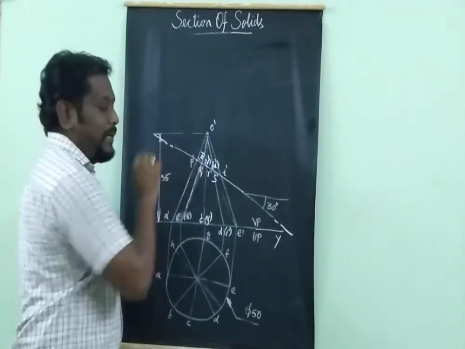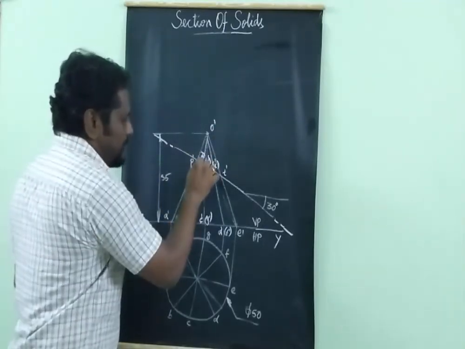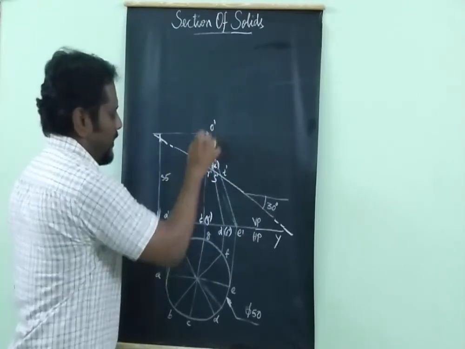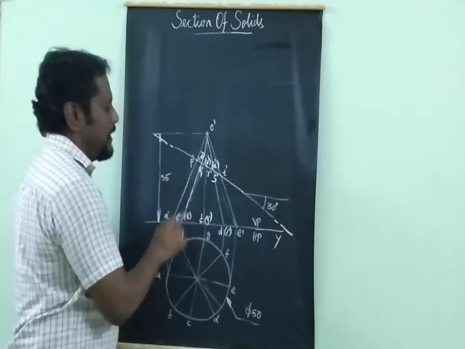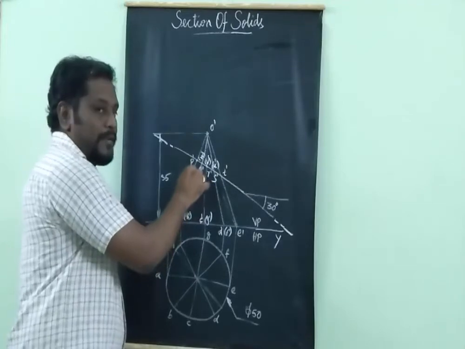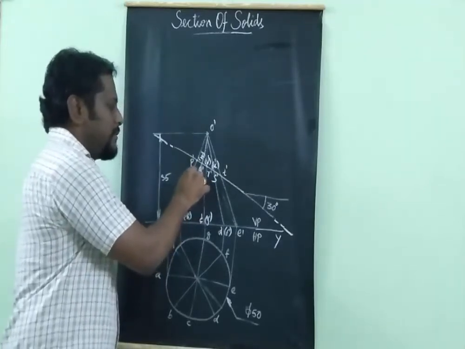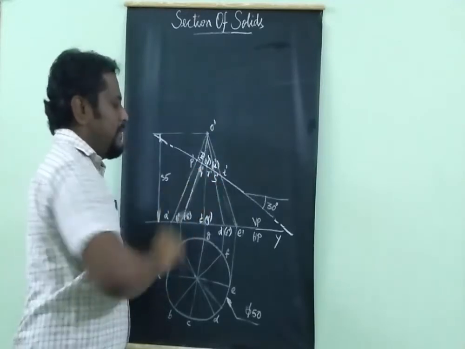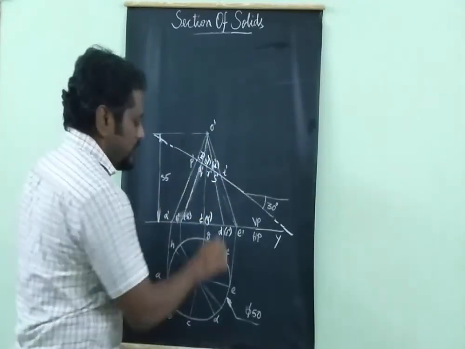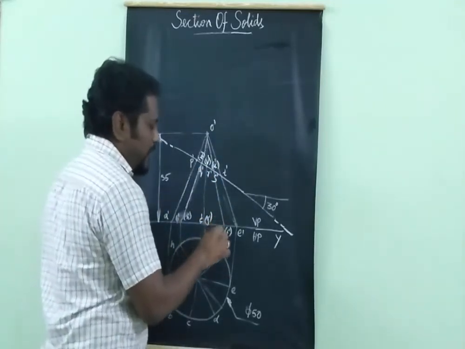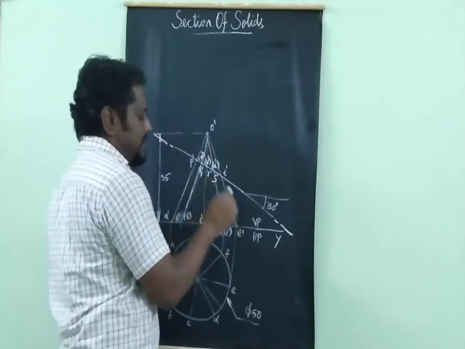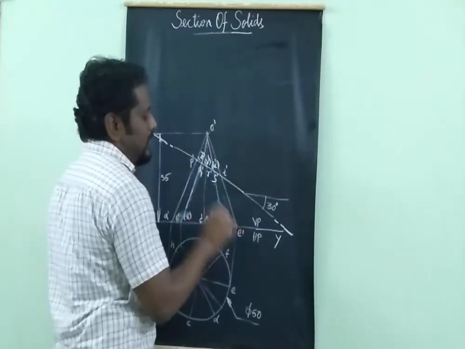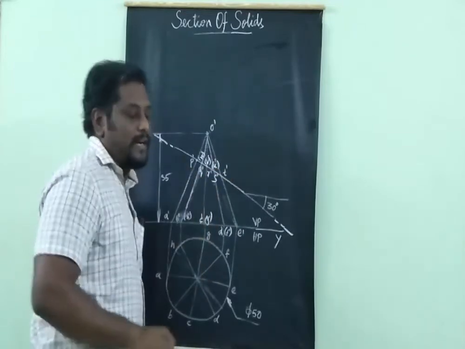So only one point P. Then at this point there are two longer edges, that is OB and OH. In OB I marked the point Q, that is the visible point. Similarly, this is the visible line OC, this is my visible cutting point R. This is my visible line OD and visible cutting point S. Here there will be only one longer edge, only one cutting point.